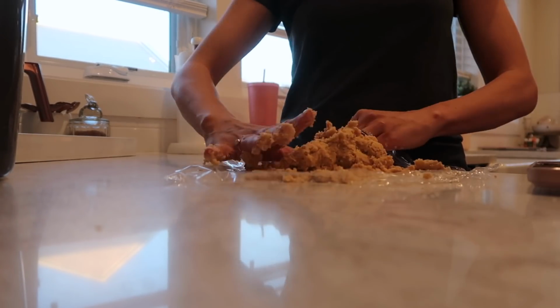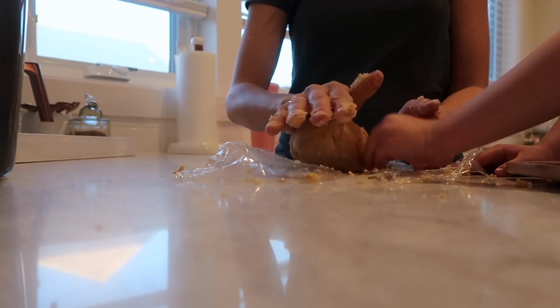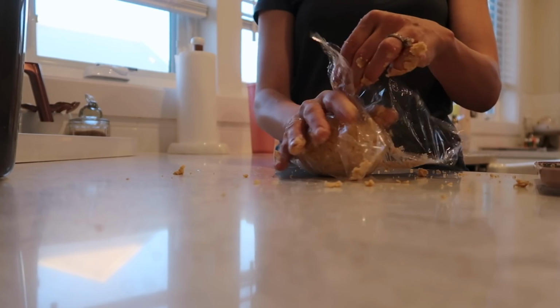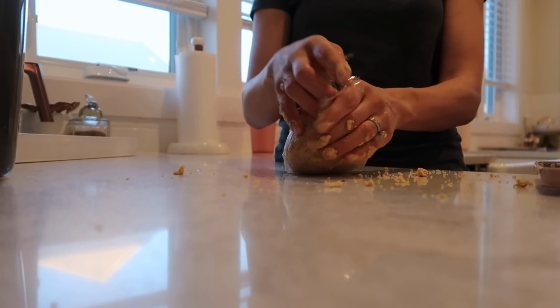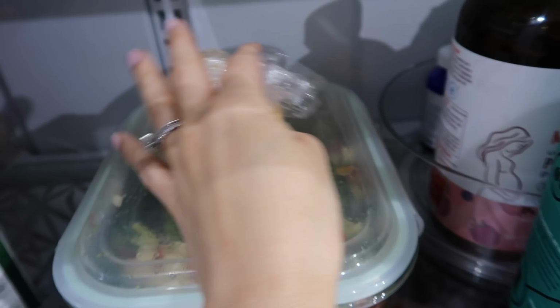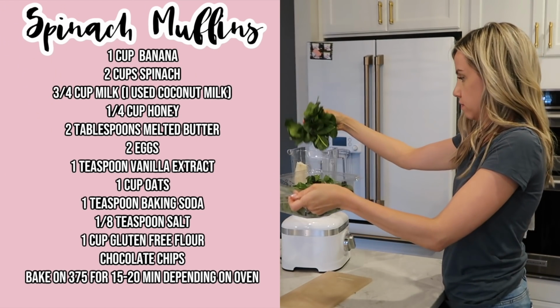So again, I'll put that recipe on screen here, but after you're done mixing everything together in your food processor, you kind of want to just roll it into a ball. You can add more water if you feel like your dough needs it, but you want to put it in the fridge for about a half an hour before you go ahead and cut all the shapes out. So we're going to put that in the fridge, get the kids bathed and everything, and while that's going on,